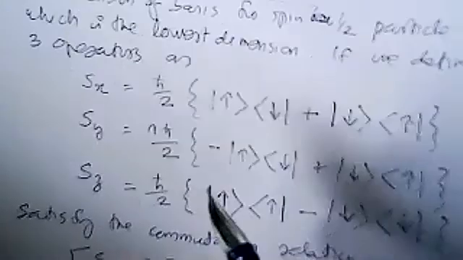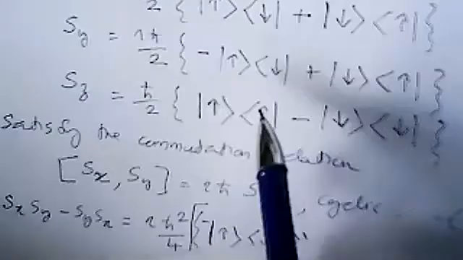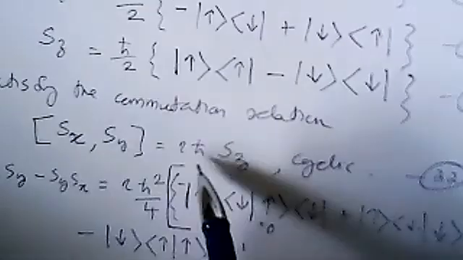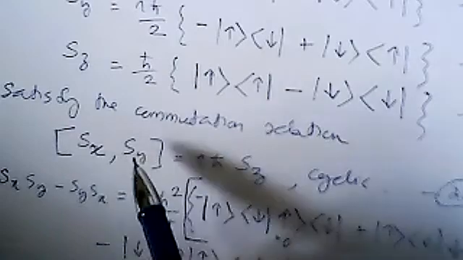So we verified that these definitions S_x, S_y, S_z will satisfy if you choose cleverly like this. It will satisfy the definition of angular momentum. Now you can check with S_y, S_z. Again, you can check with S_z, S_x. All results will match with our definition of commutation relation. I think that is clear.